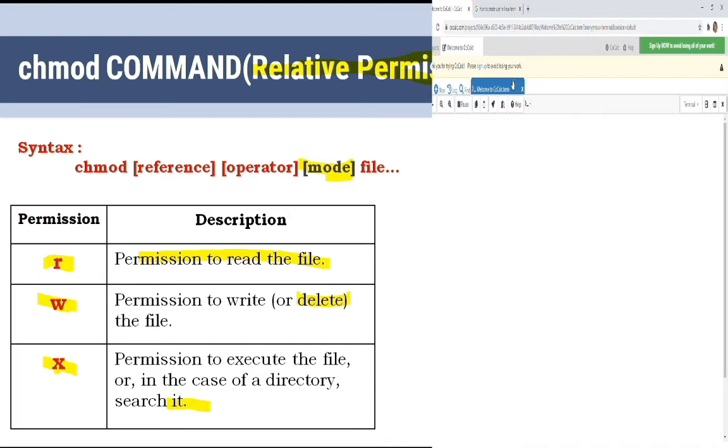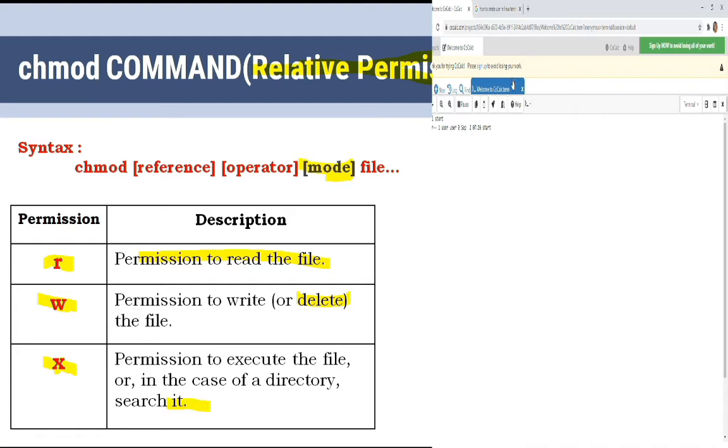So already I have created one file, and I just want to display the details of that file. That is, start is there. So here read and write is there. Now I want to change the permissions. Here I want to give the execute permission for the user.